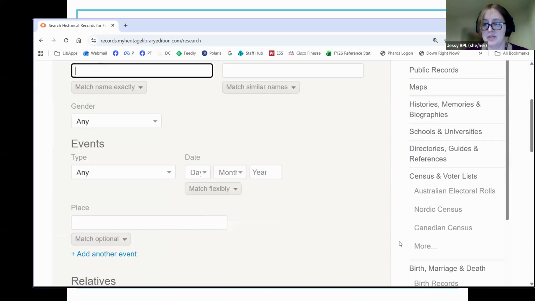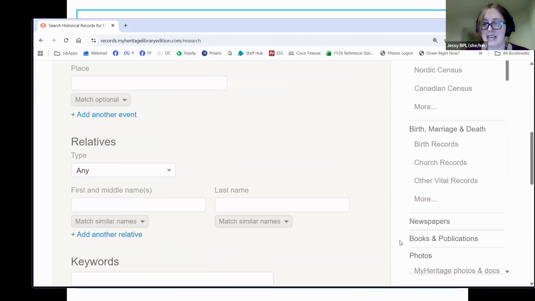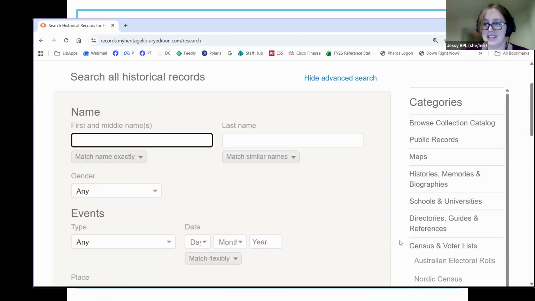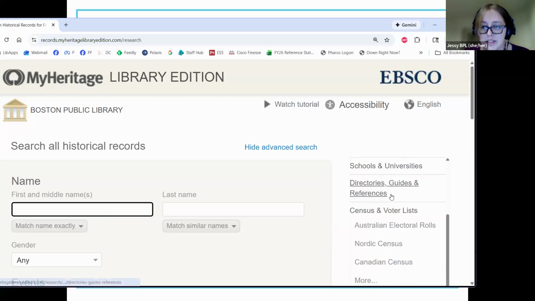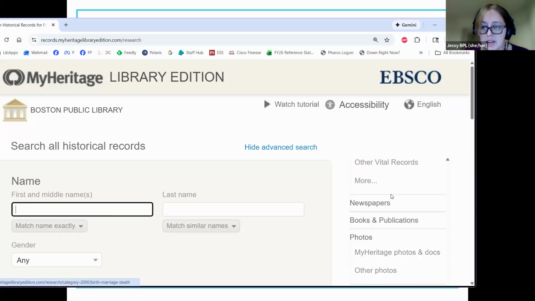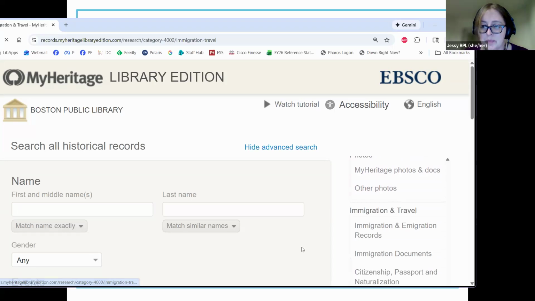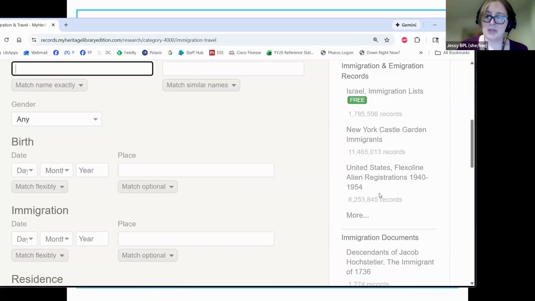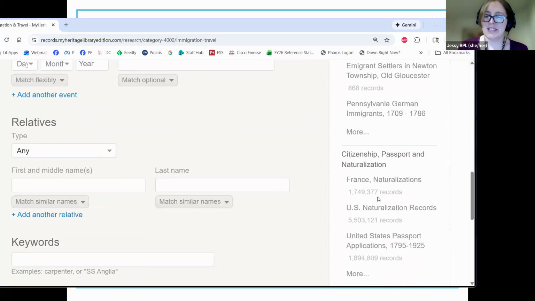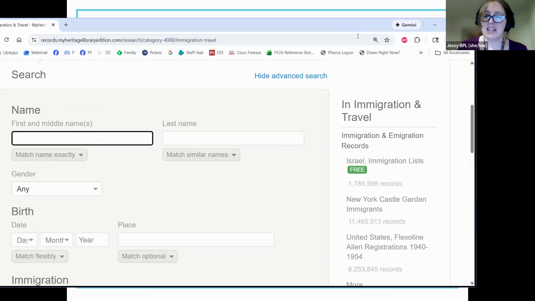Did they reorganize it? They keep reorganizing what order the list is in, so it can be a little tricky. That's history. Where did you go? There we are. All righty. So again, on the right-hand side here, it'll show you a list of all the different ones that they have. But let's say